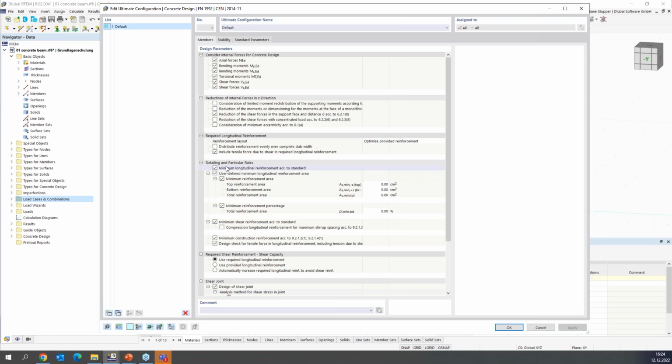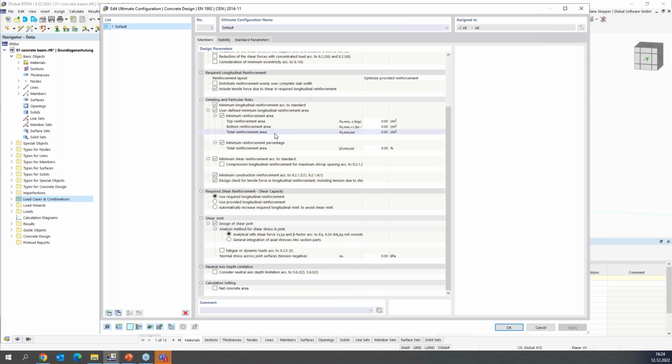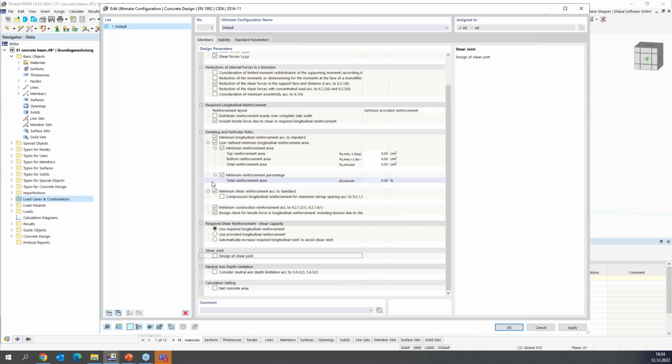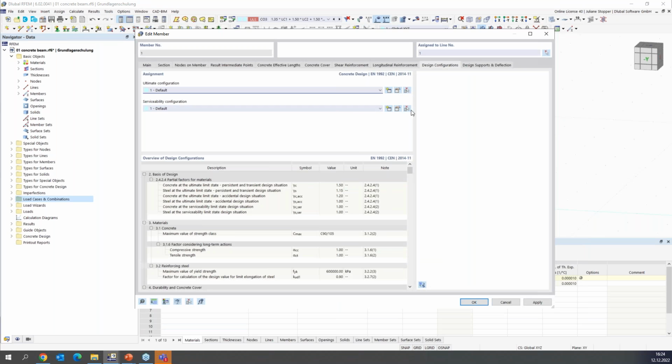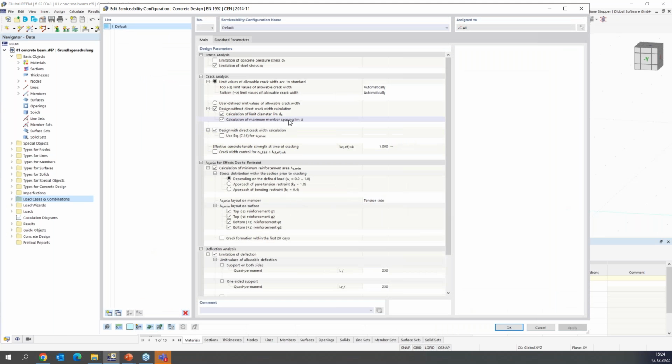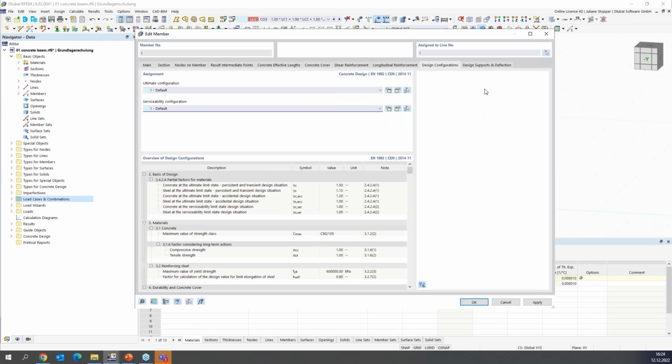For example, some detailing rules according to the minimum reinforcement. Or what we also use is a reduction of the shear force at the support face at distance d, for example. You can also deselect the design of shear joint. We don't need this for this member. You should have a look at this too. There are other default settings for serviceability, but this is fine for us now. Then